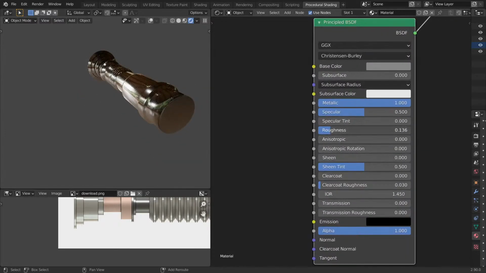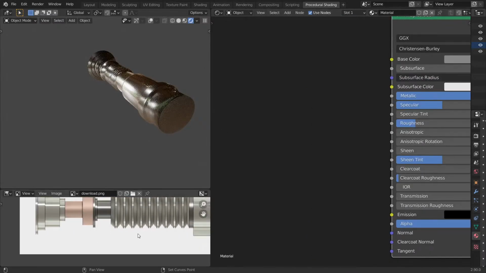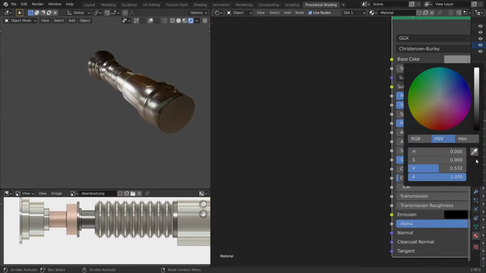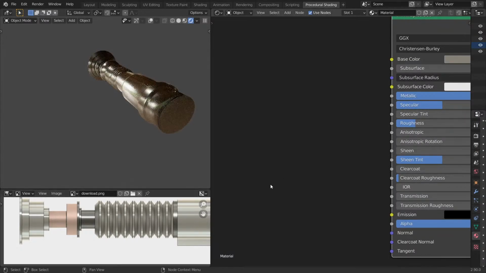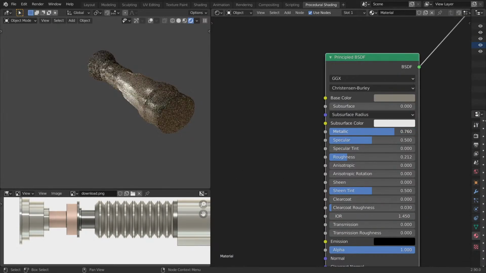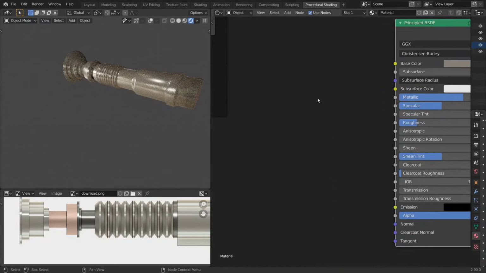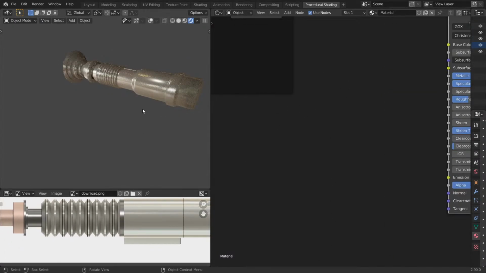Yeah, and roughness just a bit up. I can pick this color anyway. Let's color pick, not too much, maybe a little. Yeah, and I don't like to keep things